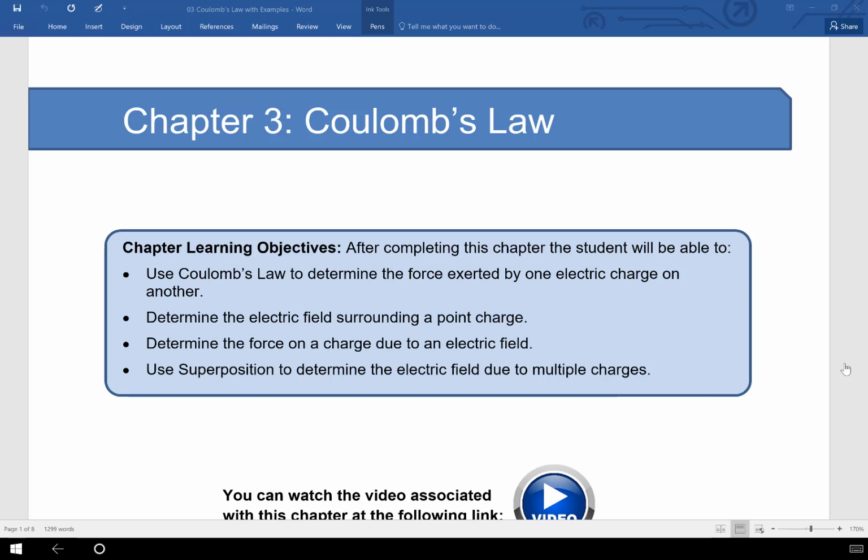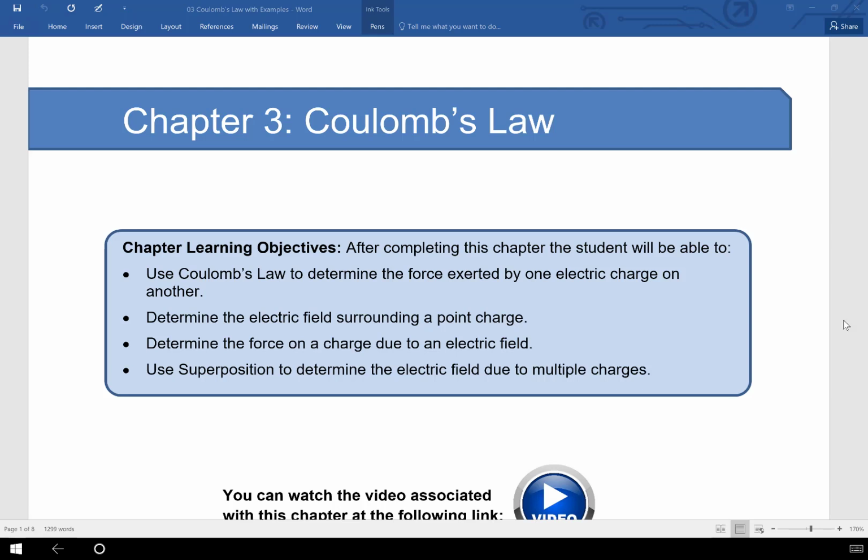So thanks for your patience in the first two chapters as we were developing the mathematical foundations necessary to study electromagnetic field theory. Now we're going to begin to study electromagnetics proper. We're going to look first of all at Coulomb's Law and the force between two charges. We're also going to study the electric field that's created by a charge and how it can impact other charges